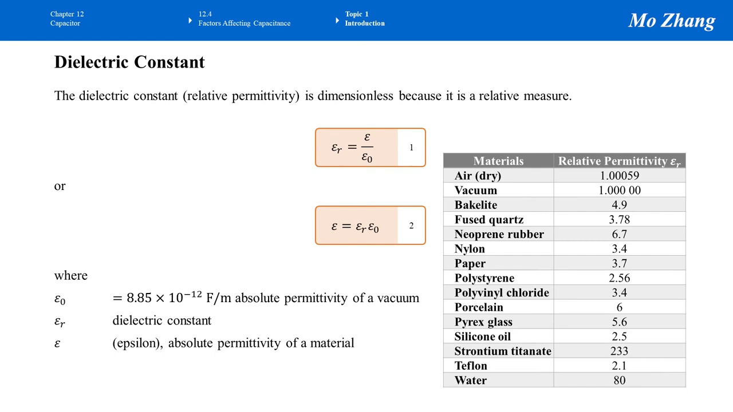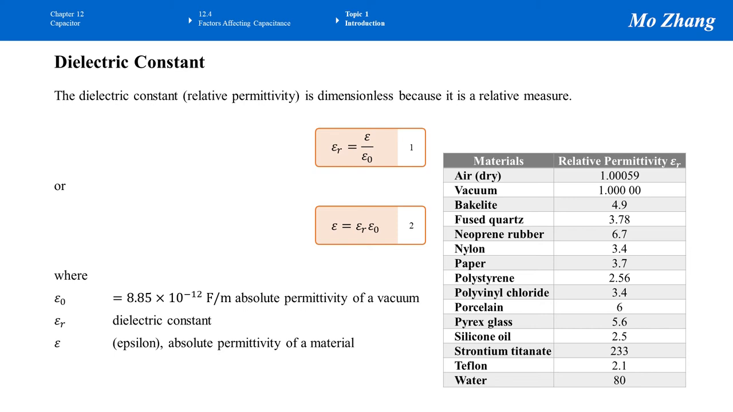So the epsilon R, the relative permittivity, equals the actual permittivity epsilon divided by epsilon 0, also called epsilon naught, which is the permittivity of vacuum. If we rearrange this formula, we get the second one. Epsilon, the actual permittivity of a particular material, equals that relative permittivity, which means how much better,